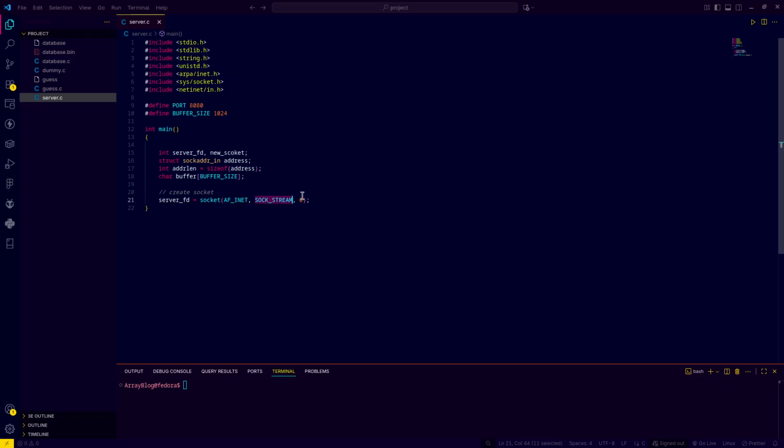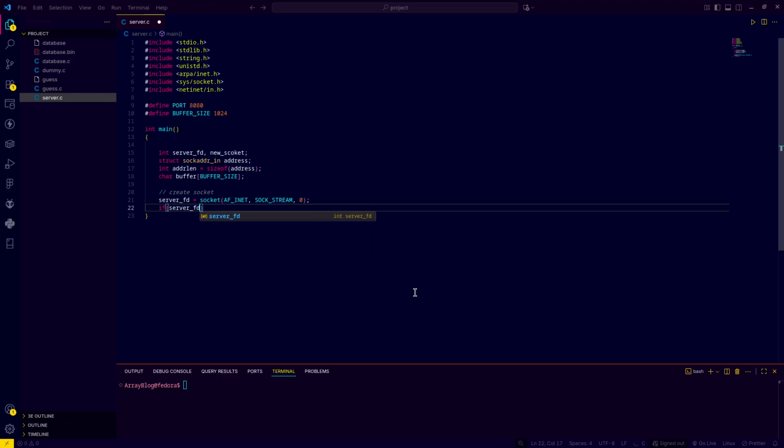SOCK_STREAM means we are using TCP here, and 0 means we are choosing the default protocol, which is TCP. Now we'll check if